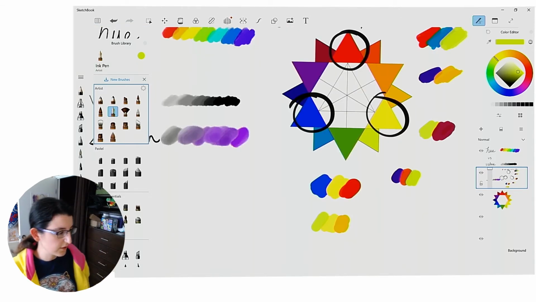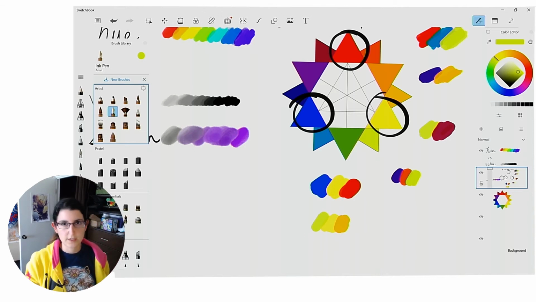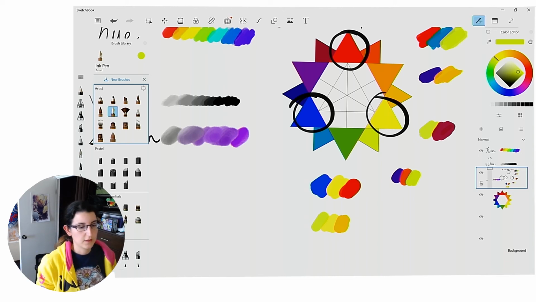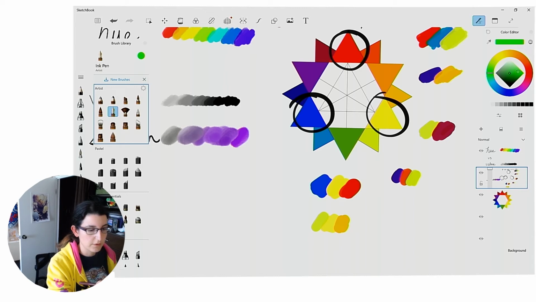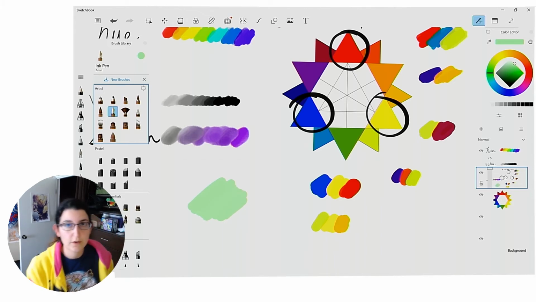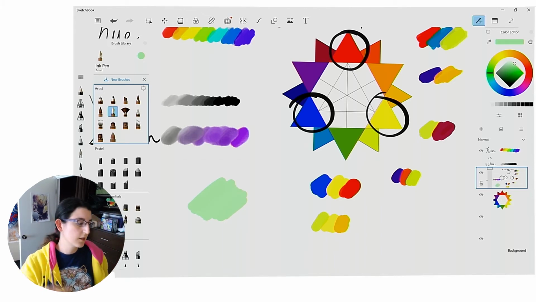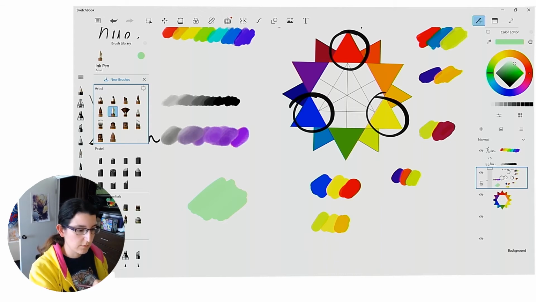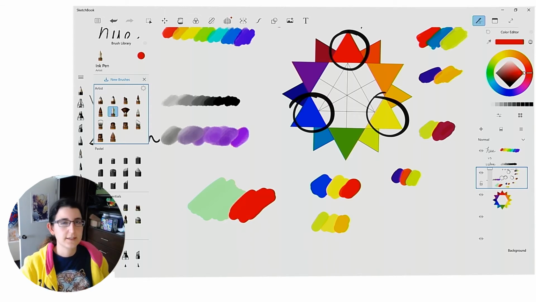One thing I did want to tell you about using red and green, because I had mentioned that using red and green together can make things look overly like Christmas. One way you can avoid that problem is to play with the lightness of the color. For example, if we were going with green and red, I could go with a real light green, like a mint color. So basically playing with the value of the green, the lightness or darkness, and then putting in some red next to it. It feels less like Christmas.